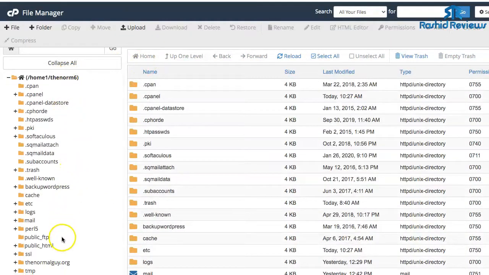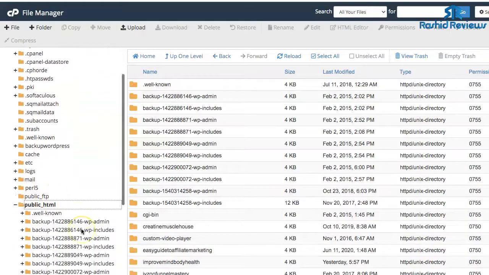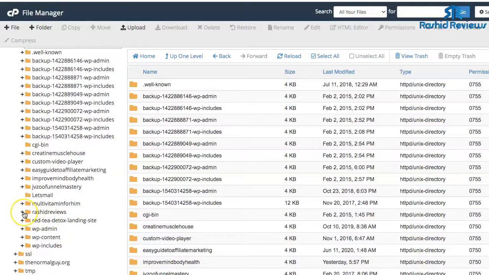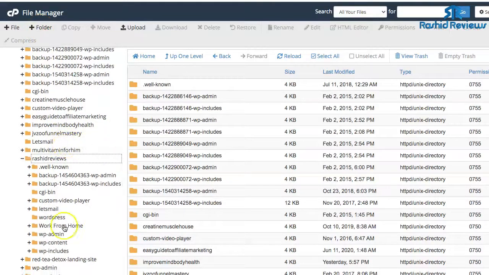As you can see, there's a lot of jargon here, but what I normally do is I'll look for the public HTML, which is what you're going to have to do, as explained in the instructions. There's a lot of rubbish here, but go to my main website, which is Rashid Reviews, and then I click on a new folder and create a new folder, just by clicking on that button where it says plus folder, and then I create a folder called